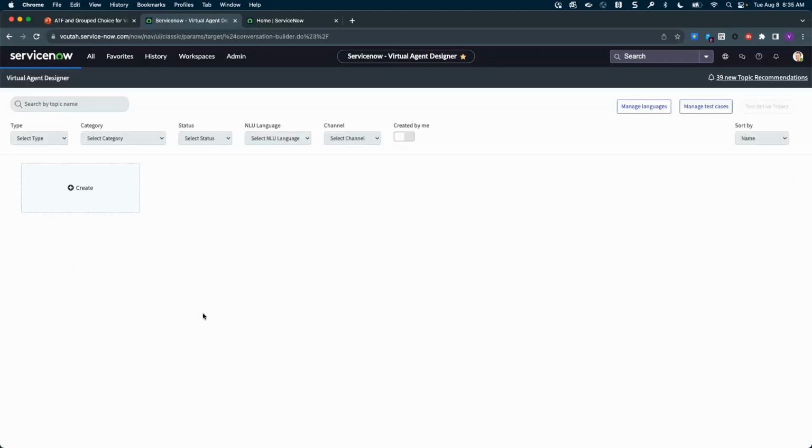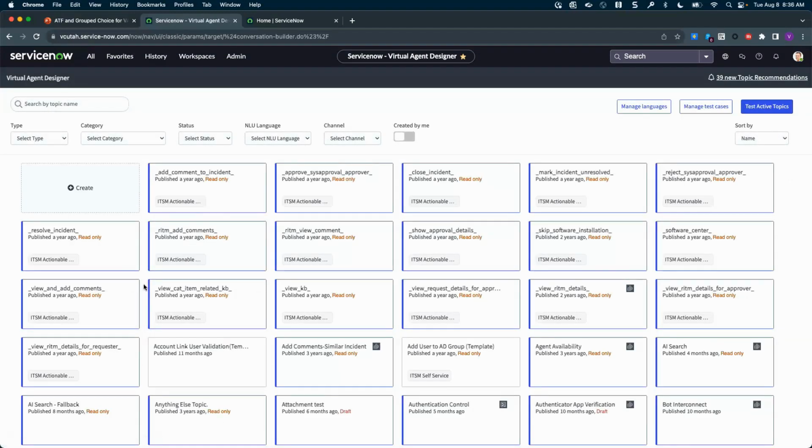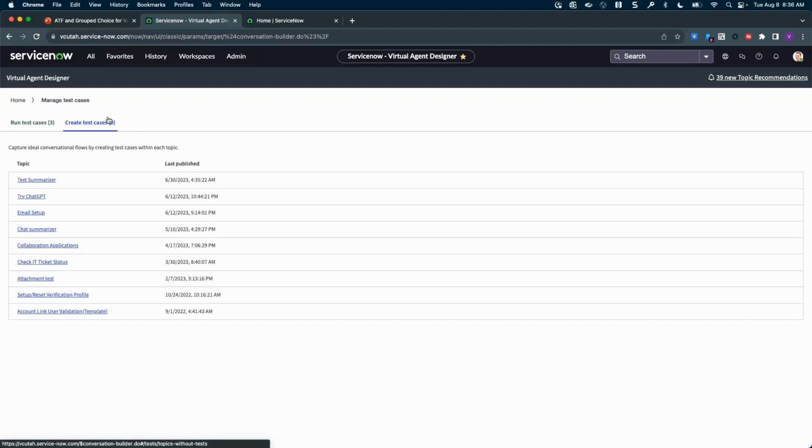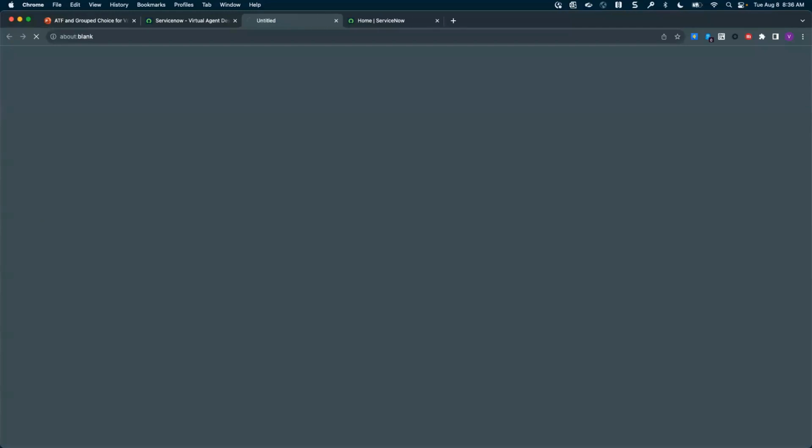And I'm going to go to a new button up top here called Manage Test Cases, and this allows me to manage all my test cases for ATF. You can see I've run some already, but I can create new test cases here. This tab here shows essentially all the topics that are published and active that do not have test cases. So I can choose amongst them which one topic I want to create a test case for, right? So let's say I want to create a test case for topic email setup,